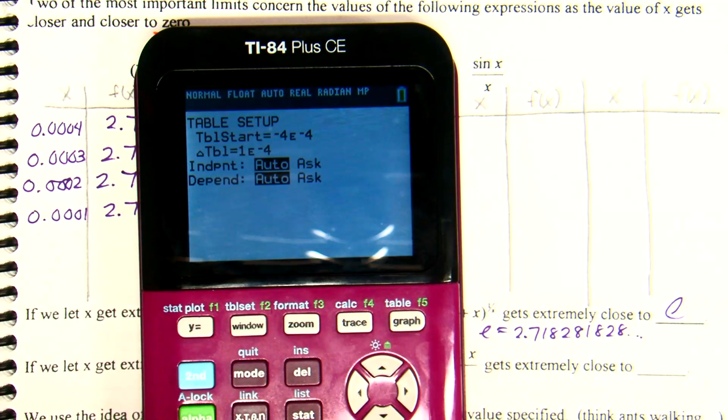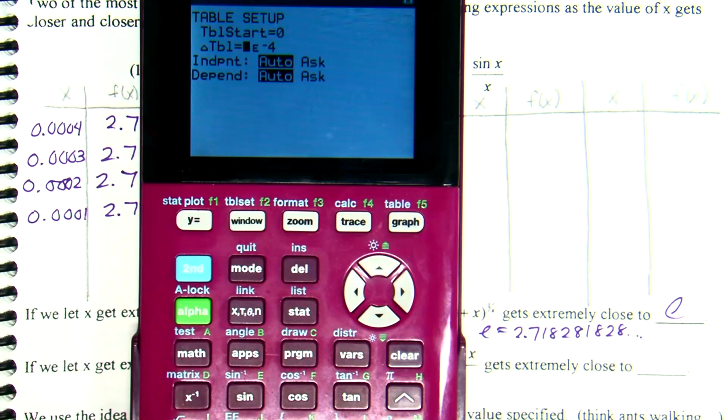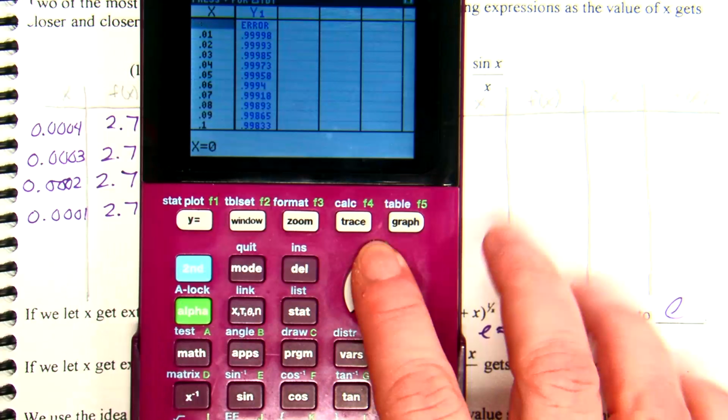Table start, well, again, we're trying to look at what happens as we get closer and closer to 0. So the values I want to go around are 0. Now, not knowing exactly what this one's doing yet, we could go ahead and say 0.0001, couldn't we? Or we could go a little bit, I guess we didn't look at the graph of this, did we? I skipped over that step. I'll do the 0.01 because I don't remember how this looks. And if I use the table, without ever looking at the graph,